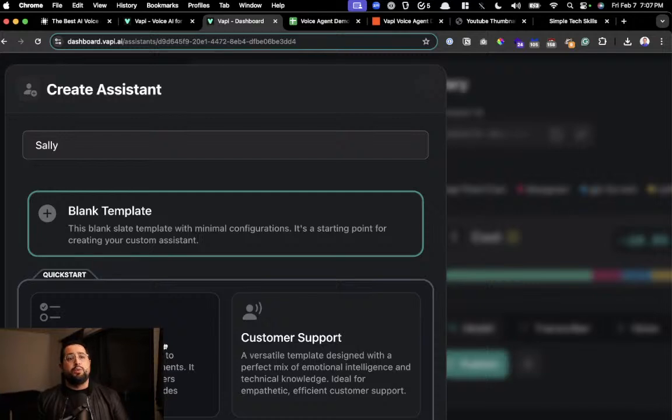So this is a huge value that clients will charge anywhere from $5,000 to $10,000 to just set this up for a business, because they're missing calls, they're missing sales. And then the other side is outbound. Now, with outbound, there's a lot of legality: you can't do outbound cold calls, but you can do outbound sales